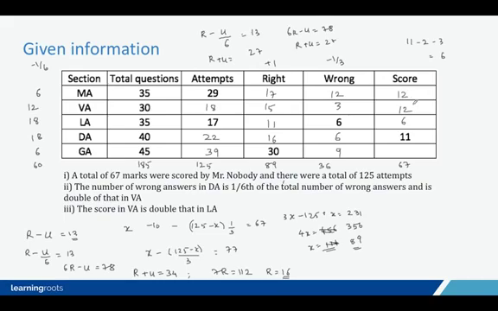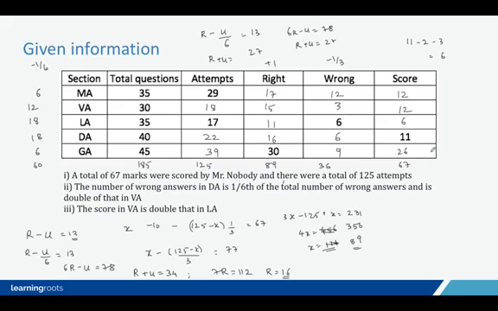And we get 12, 12, 6, 11 and something which will add up to 67. So 24 plus 6, 30, 41 and so you will have 26 here. Again, if you look at it, you can evaluate it from here as well. 30 correct, so 30 marks, 9 wrong, so it will go down to 27, 30 minus 3 that is 27, minus 1 mark from here, which will lead to 26. Now that you have figured out the entire table, solving the questions should not be very difficult, right?